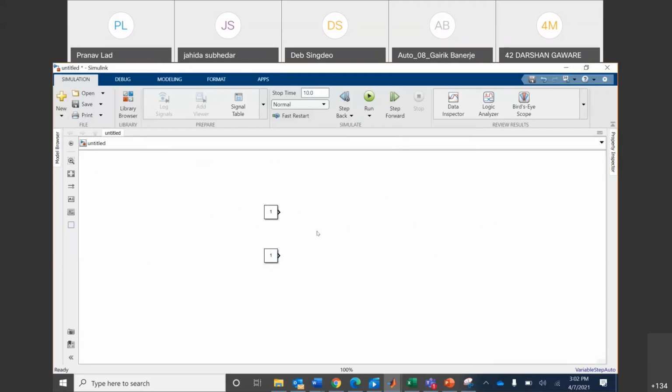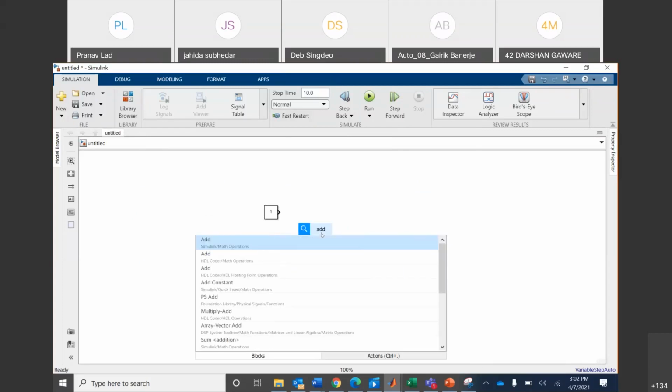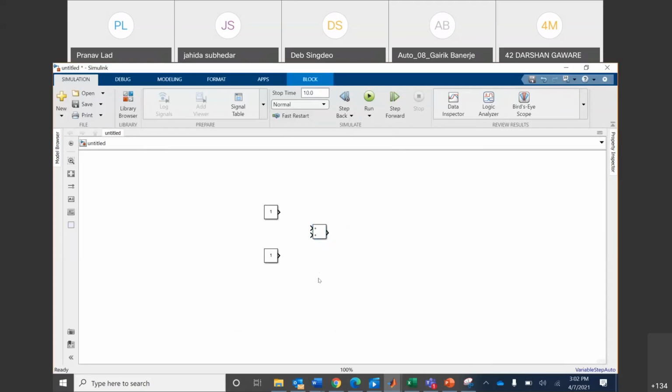What I want to do is add those two constants and see the output. So I will just add a block over here, which looks something like this. I want to add this first constant and this second constant, and I want to see the output, right?